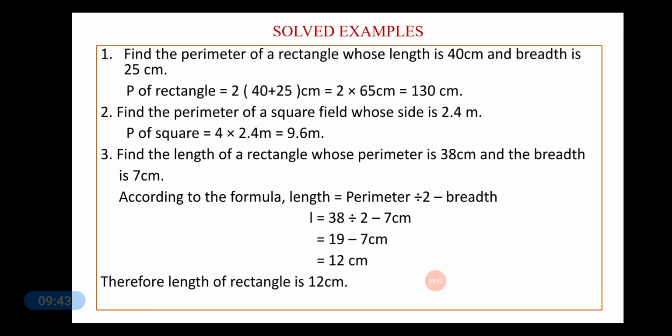Now if you have to find out the breadth of a rectangle whose perimeter and length are given to you, you can apply this same formula. Instead of length, it will be breadth over here, which will be equal to perimeter divided by 2 minus length. So in this way, you can find out the perimeter, the length and the breadth of a